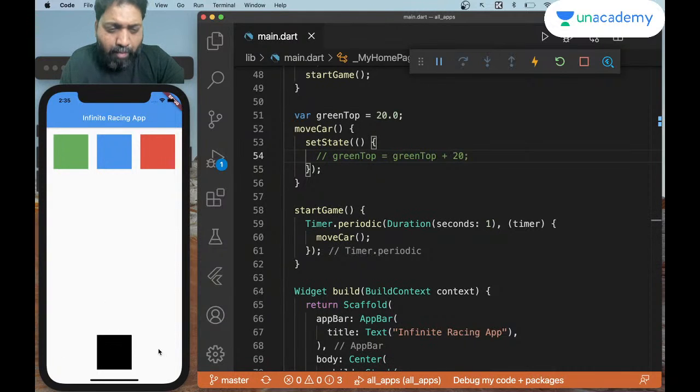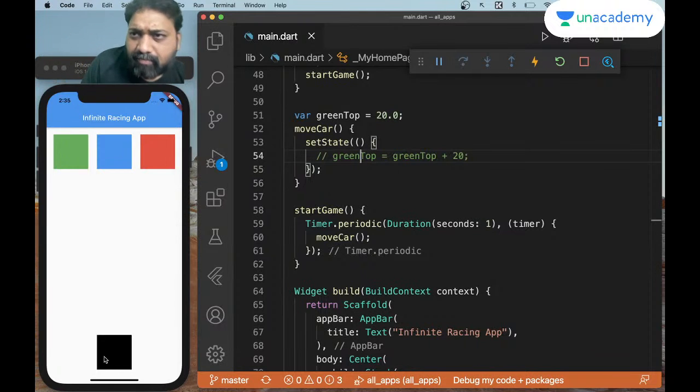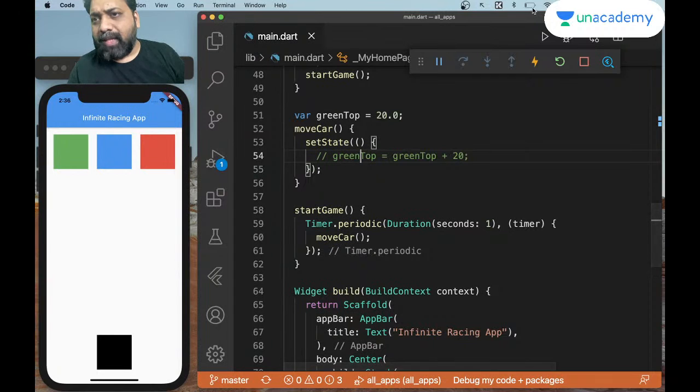Let us try to move this box to left or right. Okay. But this time it has to be on a decision. I want to move it only when I want to move it. So, how I'm going to go about that is